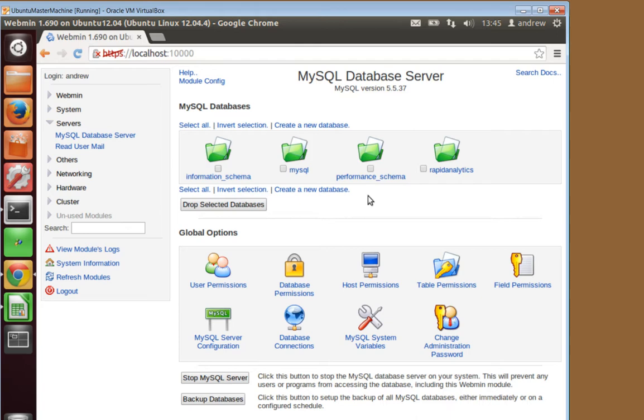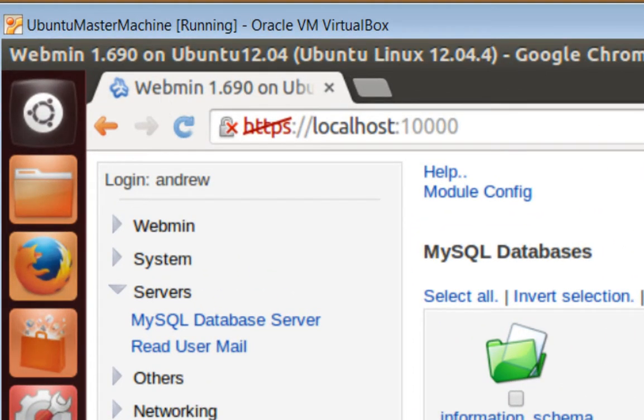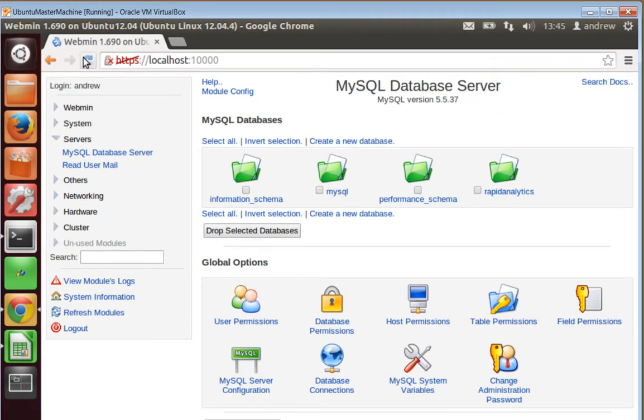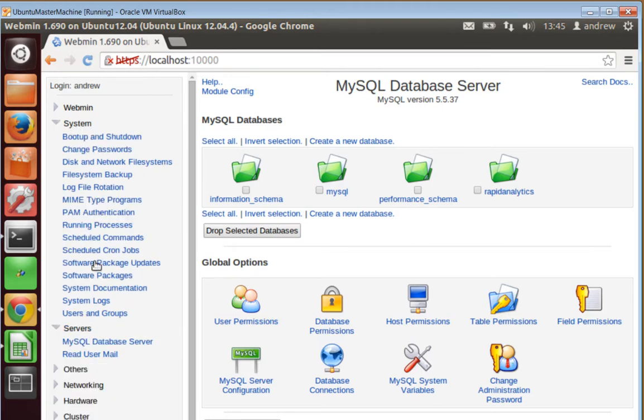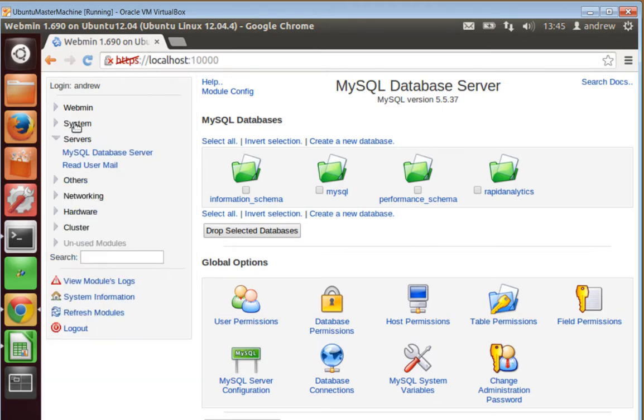Now, the two prerequisites you have to go through, you have to create a database called Rapid Analytics inside your database engine of choice, and then a user. Now, I happen to be using Webmin, which is here. This is a really cool way of administering Linux systems, so I urge you to look into it, Webmin. Just to tempt you, you can see all sorts of things about your system, and you add more and more servers here. So you can see here's MySQL database server,